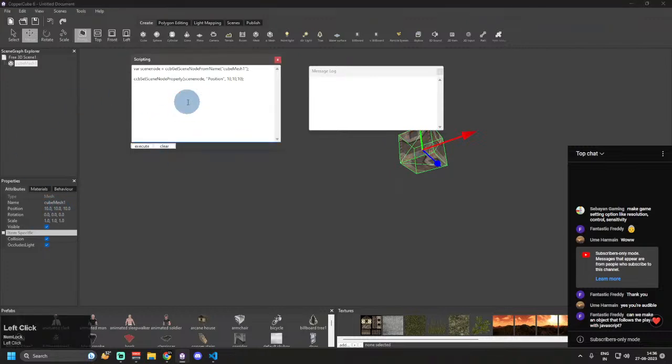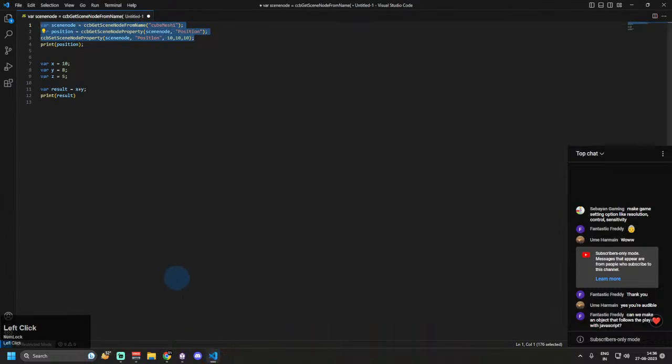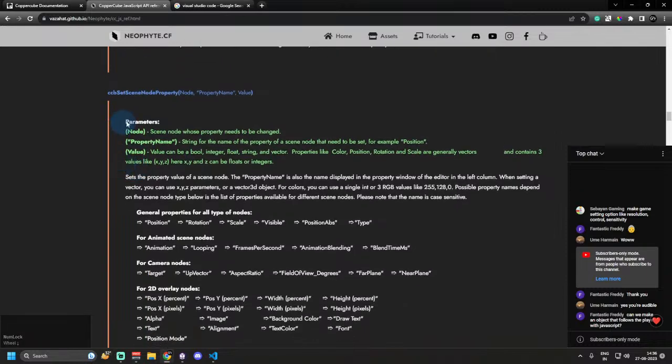We haven't done anything special. We have simply copy pasted some API commands from the documentation, and we simply created one variable, scene node, that holds the object cube mesh 1. And we have used two commands from the API, which are CCB get scene node from name and CCB set scene node property. If you go to the website, it is pretty easily understandable what parameters or what arguments this function uses and